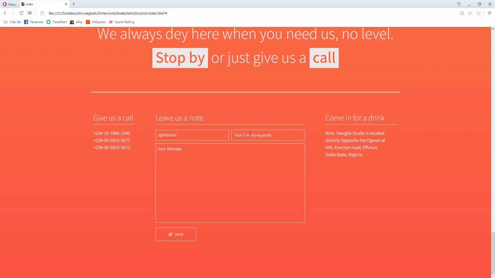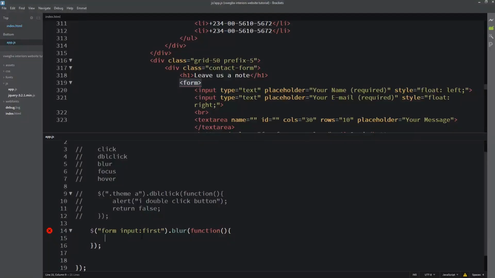When we finish and come out to enter another field, this one loses focus. When it loses focus, the blur event will happen. So I'll target this particular input, using this dot css, set the background to maybe green, or let me just say yellow.